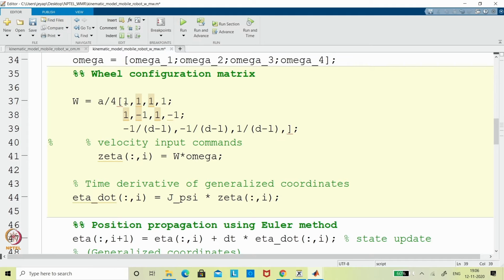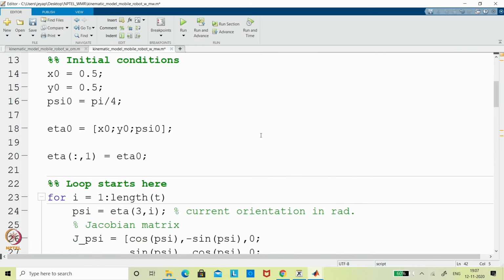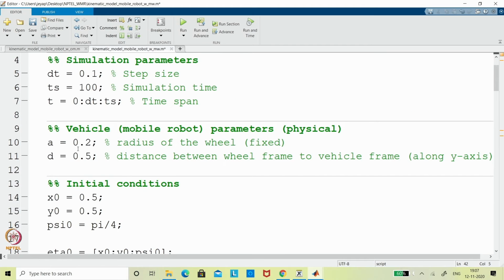Even if you change the Mecanum wheel configuration, you can rewrite this equation and come back, right. For example, now we have taken both diagonally on the same axis, right. I see there is a multiplication missing, okay. Now this is done. If I run this, it will definitely work, but I need to change the parameter here, because here D is given but L is not given.